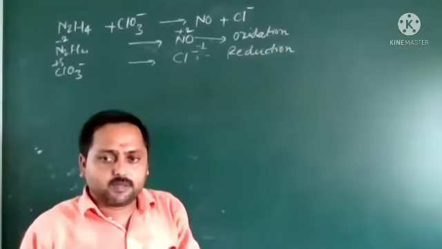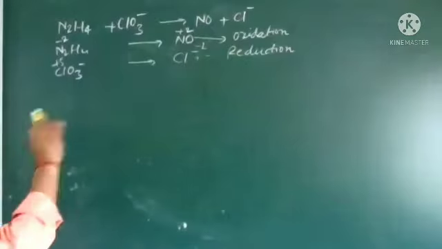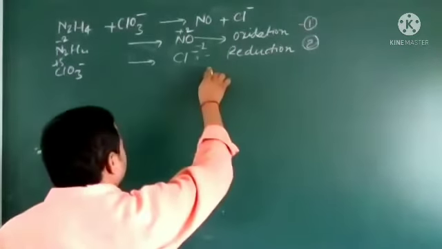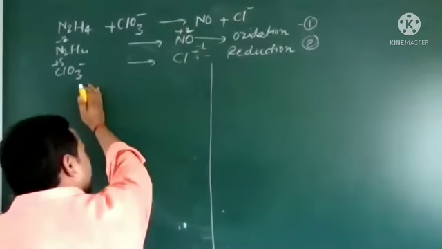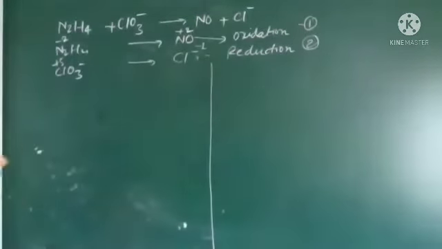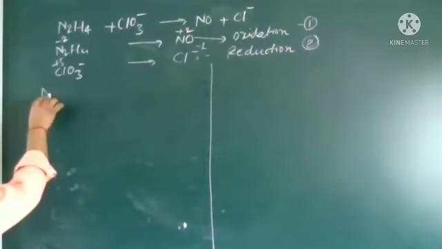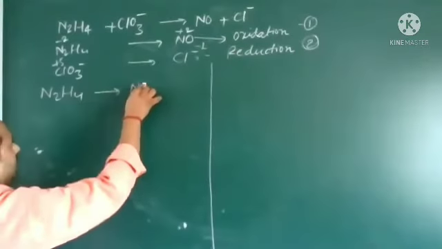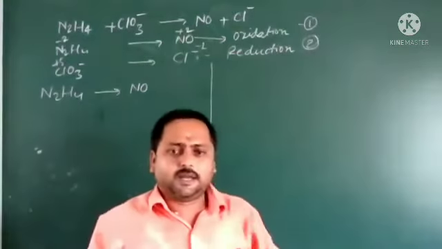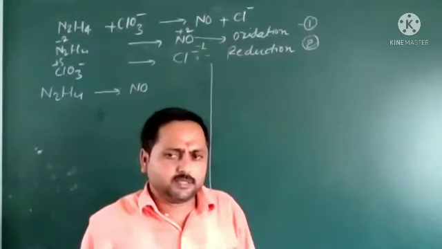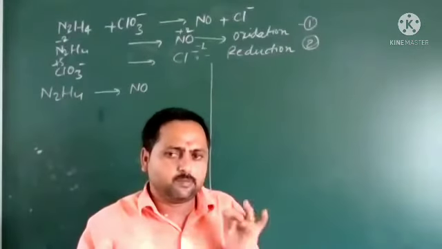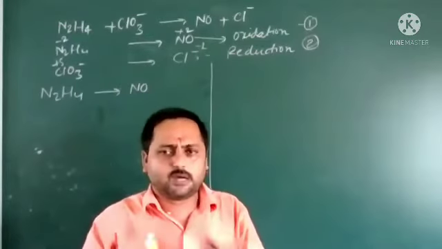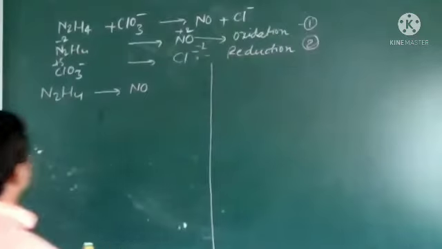So now we will take each half reaction and try to balance it. I can write equation first and equation second. It is better if I divide it into two halves: half I will balance on this side and half on that side. So first I am writing this one, N2H4 gives, and follow the steps. Don't make it very lengthy. Do some calculation in your mind also, so it will help you reduce the time. Otherwise, it will take 2 or 3 pages to solve a simple question.